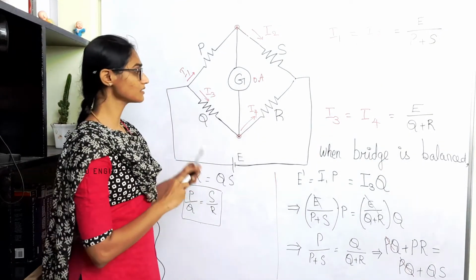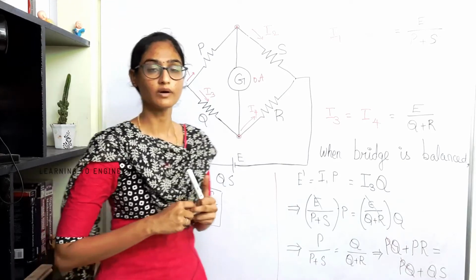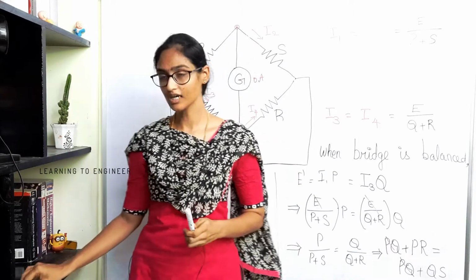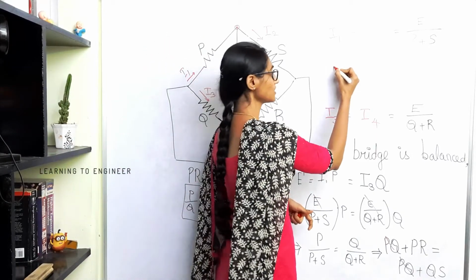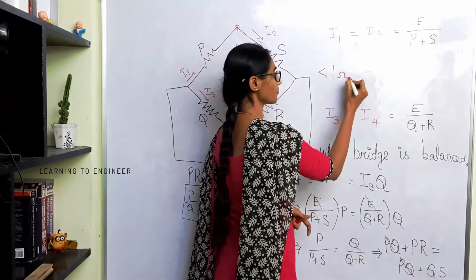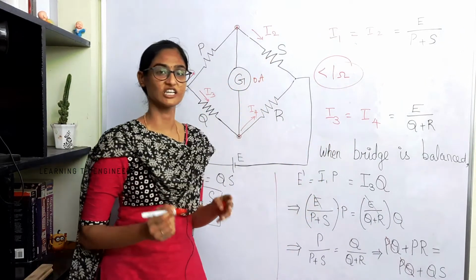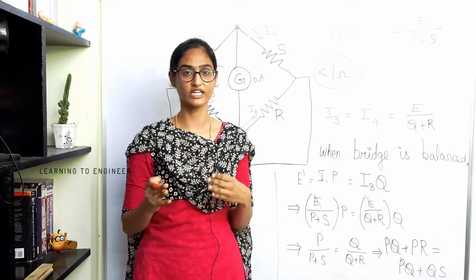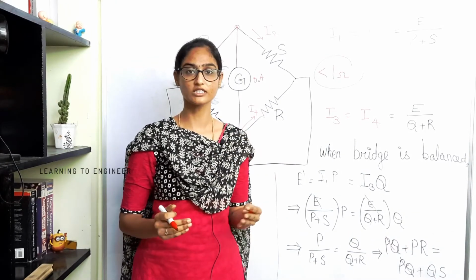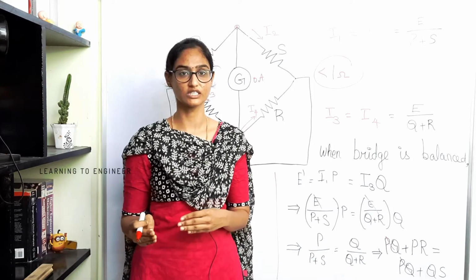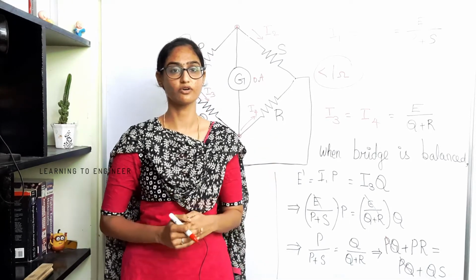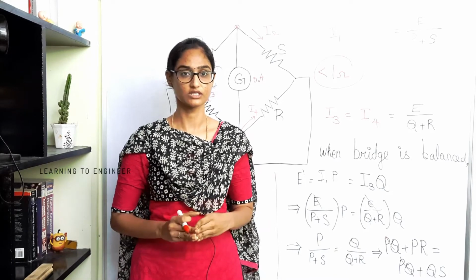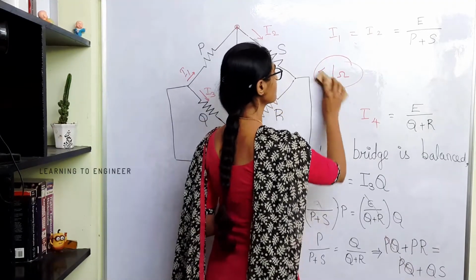This is the basic principle of Wheatstone's bridge. But you can't use this for any kind of resistance measurement. This can be used only when your resistance is greater than 1 ohm. When your resistance is lesser than 1 ohm, say for example if you want to measure the resistance of lead resistance or small contact resistance or any small amount of resistance, this method will not be useful for you. It is because of some limitations. Let's see those limitations. I'll just drop the derivation part now.